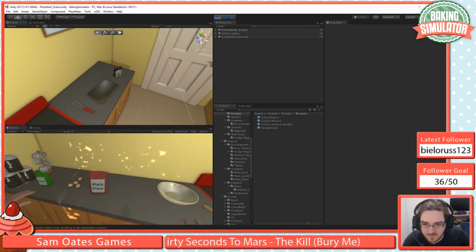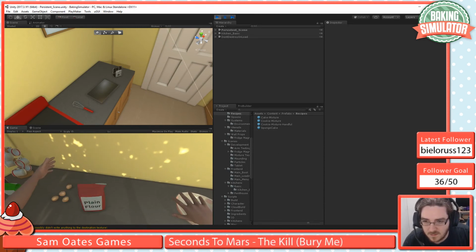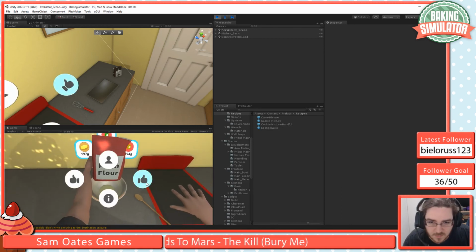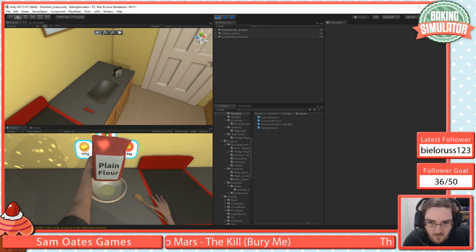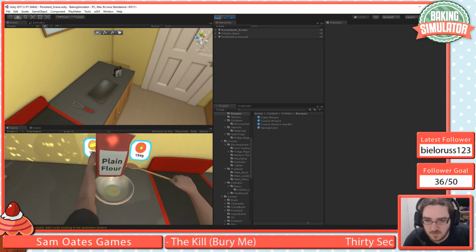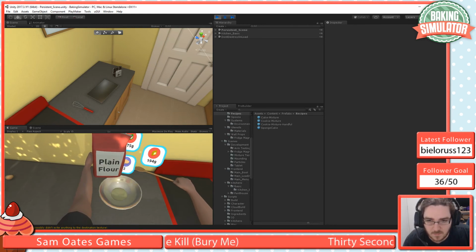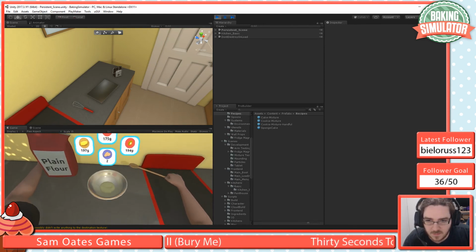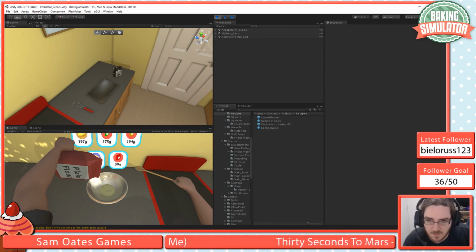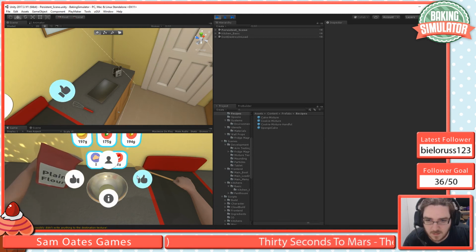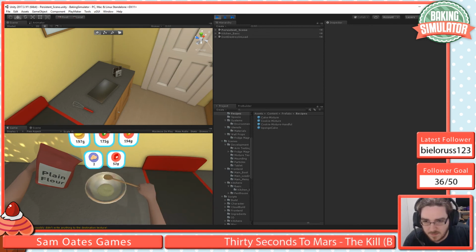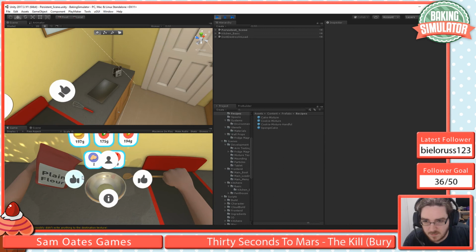Gradually add 50 grams of flour and mix. I need a spoon as well as a bag of flour. It's positioned nicer for that. Move my spoon out of the way. Let's just position myself a bit. So 50 grams. Okay, and then give it a mix. I am terrible at mixing. Okay, and then